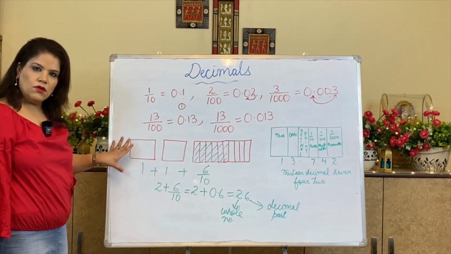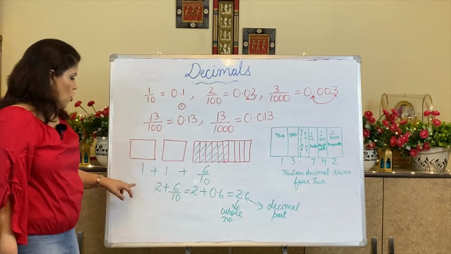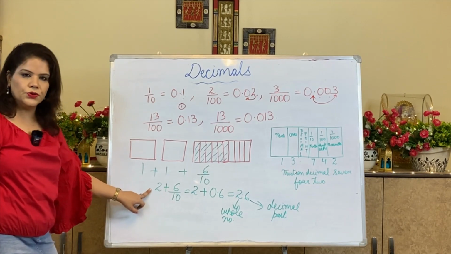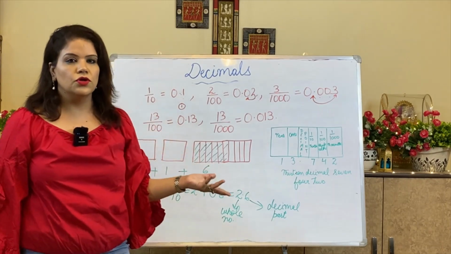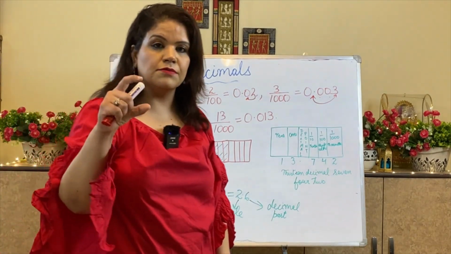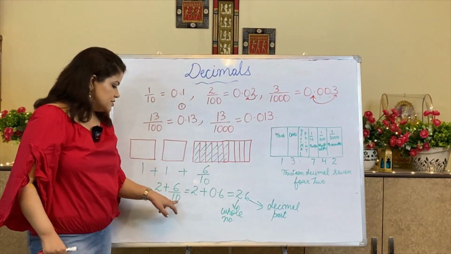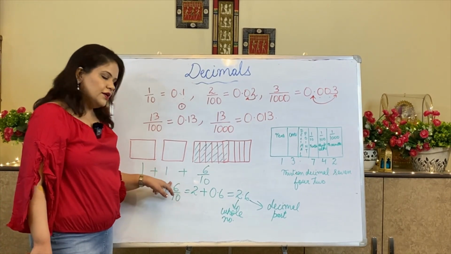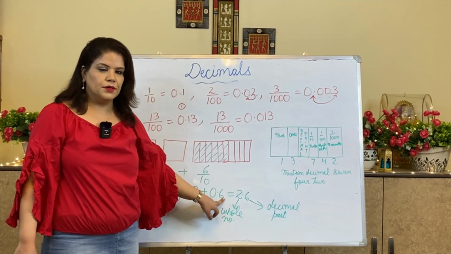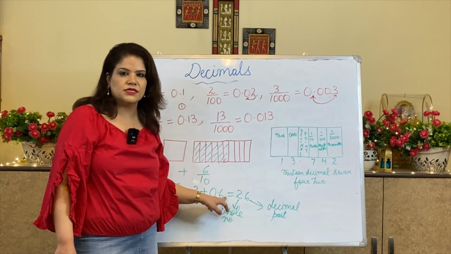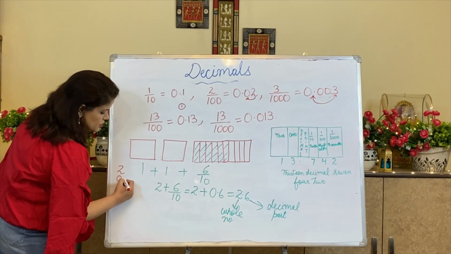This was a whole part, this was a whole part, this is a fractional part. So this is 6 by 10. Whole part 1 plus 1 will become 2. 2 plus 6 by 10. Now how to add 6 by 10 to 2? So I will first write this decimal fraction as a decimal number. How will I write that? Since there is 1 zero and in the numerator we have 1 digit, after the decimal we will write the numerator number. So 2 plus 0.6, when we have to add 2 and 0.6.